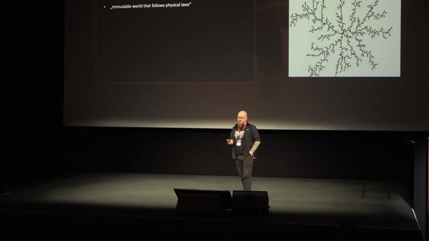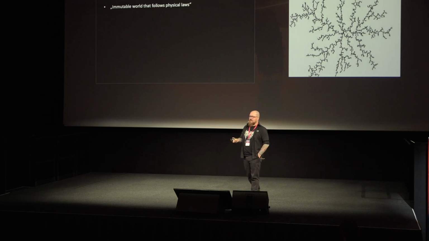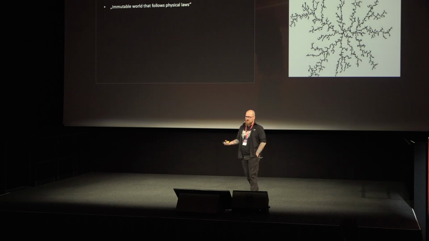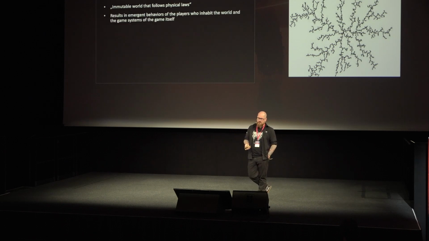Then we get to kind of, I'm not going to say out there reasons, but there is this idea that we're creating, especially because of the blockchain connection and all of that, an immutable world that follows the physical laws of something. So if we simulate the world, we believe that the world will be better for the players that inhabit it because it follows some underlying laws or rules that then gameplay systems and stuff emerge from. And the fourth point is really just that stated again.